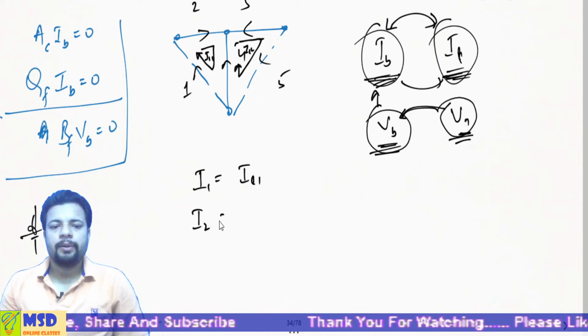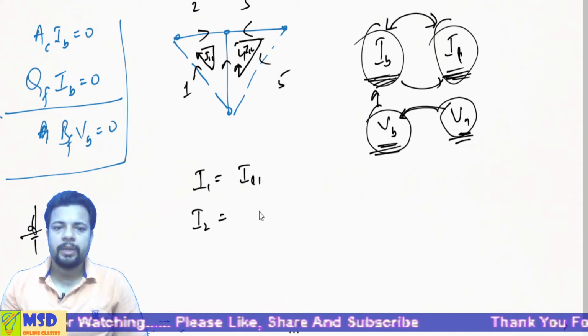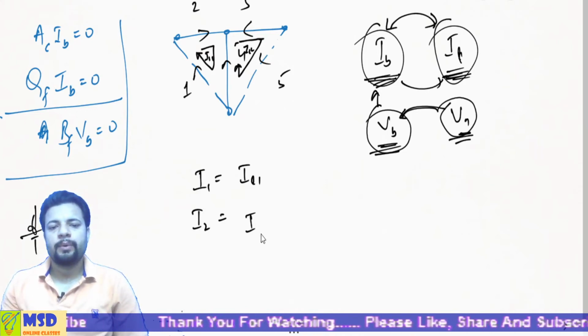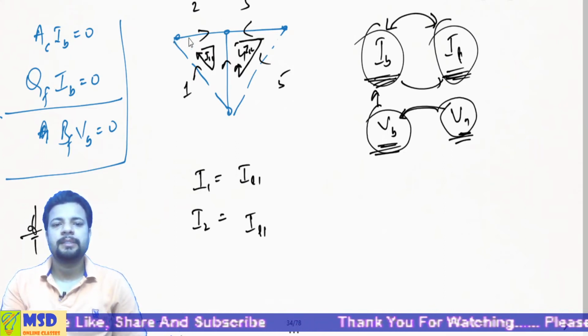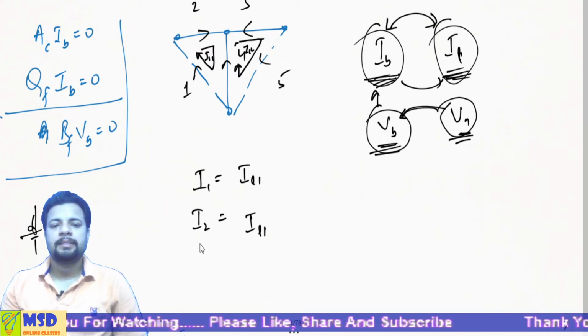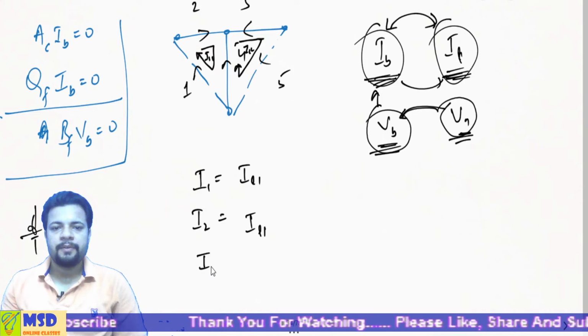Similarly, I2 can be represented as IL1 again because it is in the same direction. I2 again is equal to IL1. It is not associated with the second loop. This branch is associated with the first loop only. Therefore, I'll say I2 is equal to IL1 only. Now, if we see